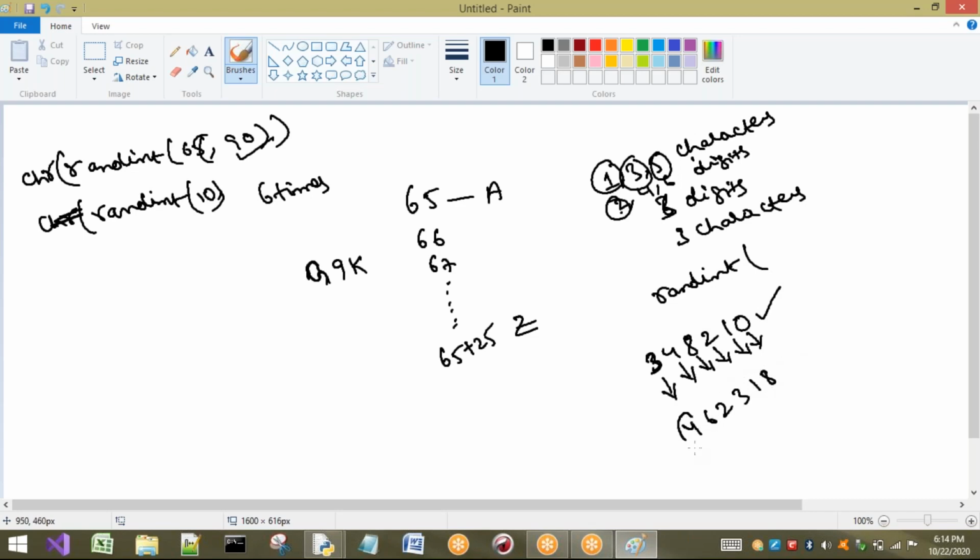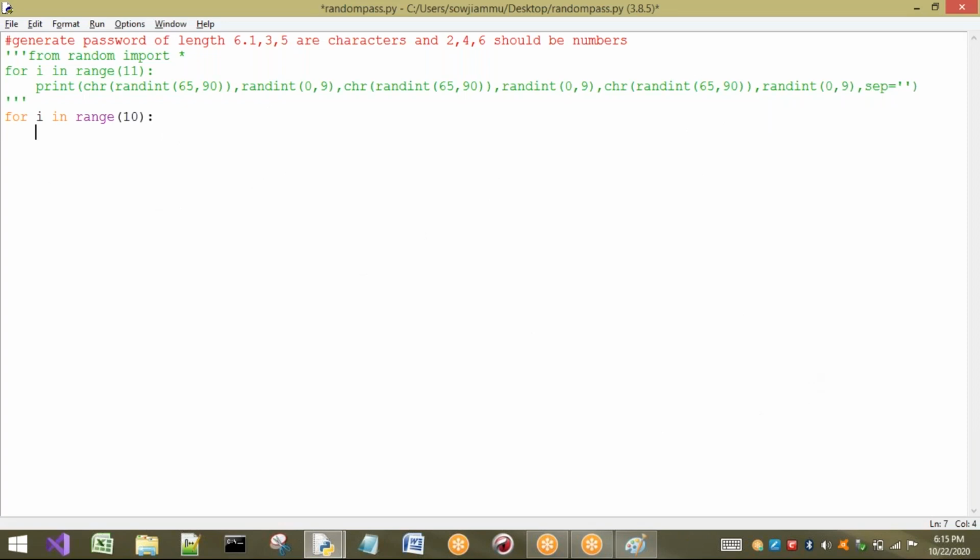That means what? Randomly, the first value is going to be changed, the second value is going to be changed, and so on. Every value in the OTP is going to be changed if I generate more than once, for example. So this is a random value. Every individual number is a random value. For that, what do I have to apply?